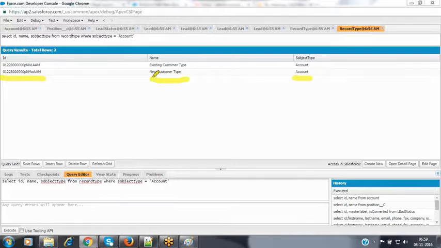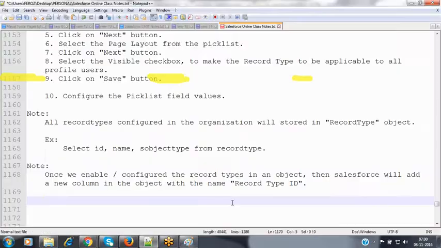On our account object, we have the new customer record type, and this is the ID of the record type, 0, 1, 2, 2 like that. It will have some value here. This ID will be stored automatically inside that ID column. Based on that column, we can differentiate which record is associated with which record type. So internally, Salesforce maintains a separate field called the record type ID field.